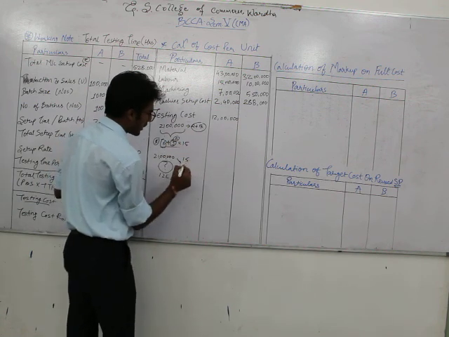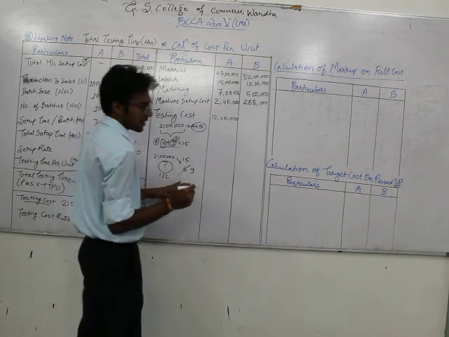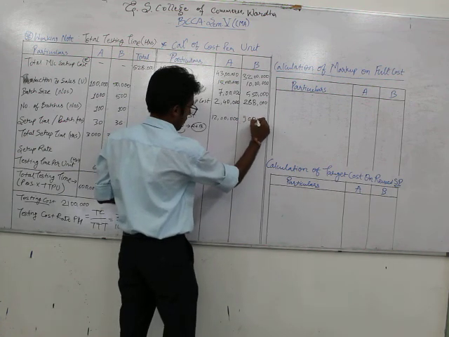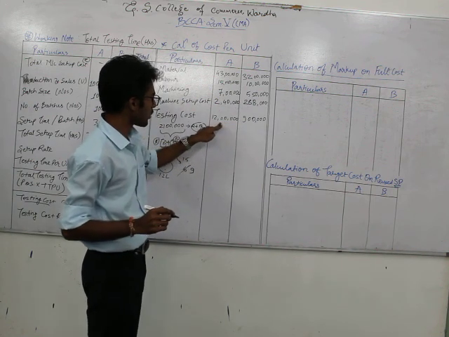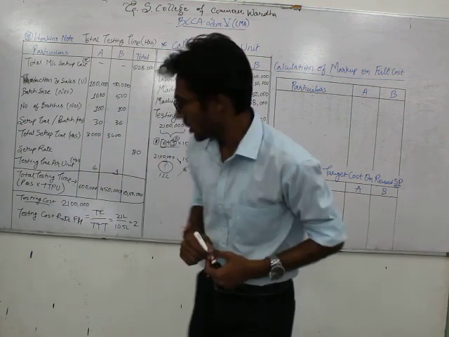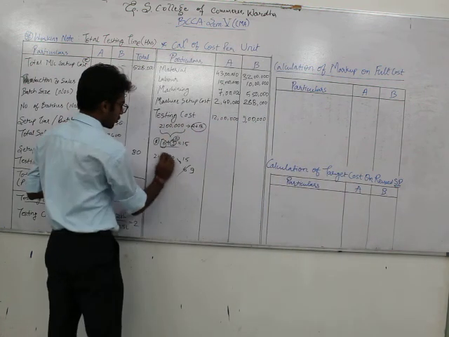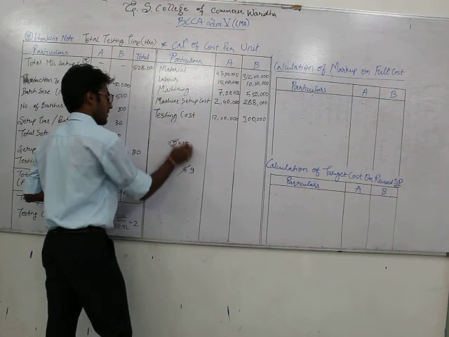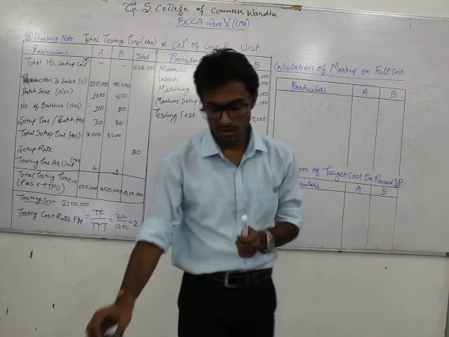21 lakh is for 15 hours. So what will it be for 9 hours? For 9 you will get this amount as 9 lakh, and if you add this 12 plus 9, that will come to 21 lakh. You can copy this because I am rubbing it out, as I have to use this portion of the board. Okay, so we have calculated the testing cost as well.